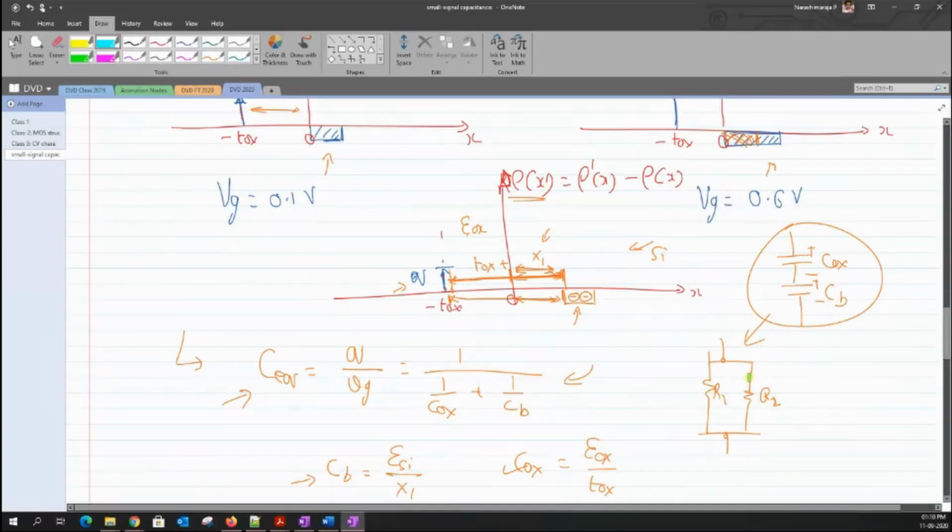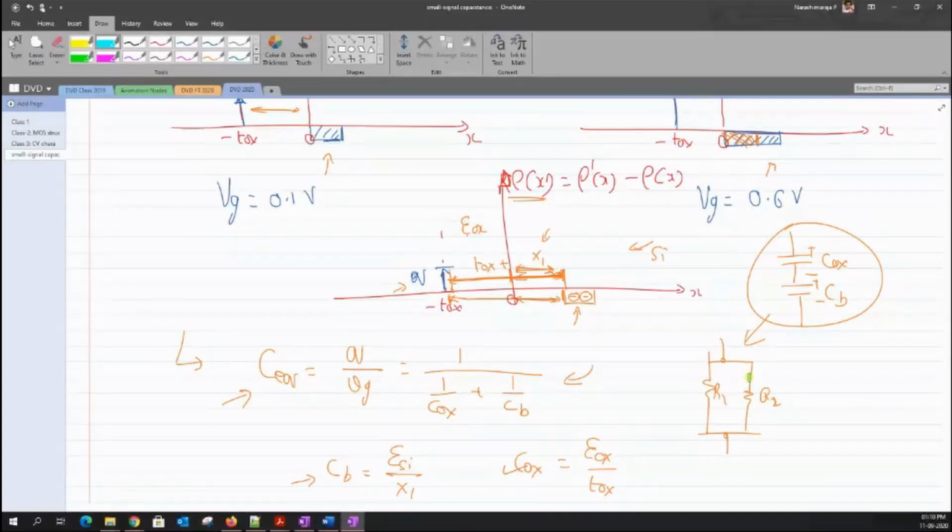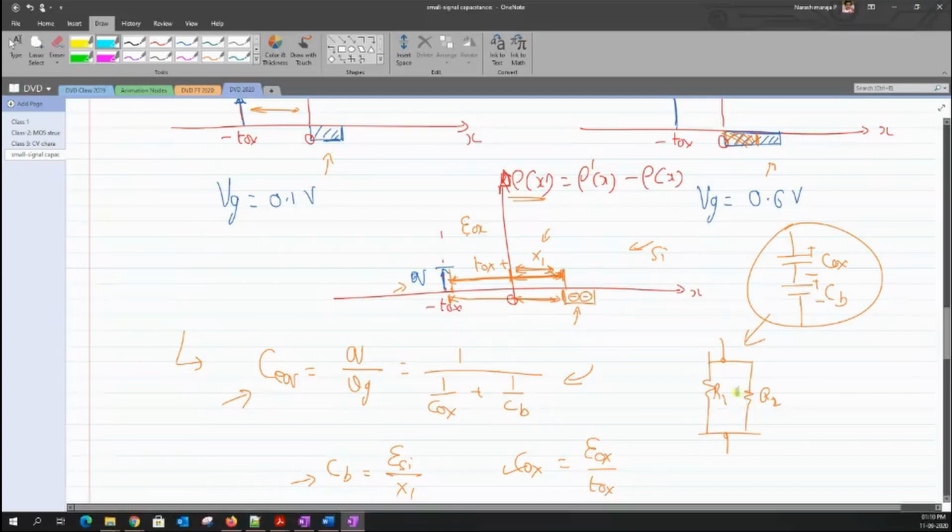This series combination is similar to what we generally read in a resistive network, where it is the parallel combination that behaves this way. When we put two resistances of the same magnitude in parallel, the magnitude becomes half. There is always a reduction in the value of the resistance. So in this case, when we put the capacitors in series, the capacitive value gets reduced because of the series combination. This can be compared with what we already know from the basics of resistive networks.